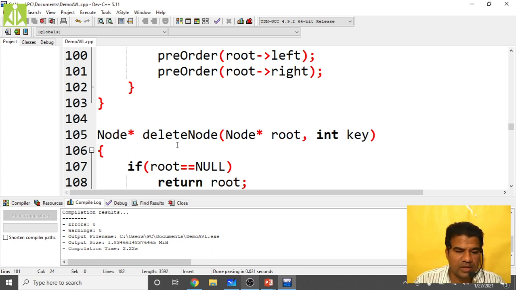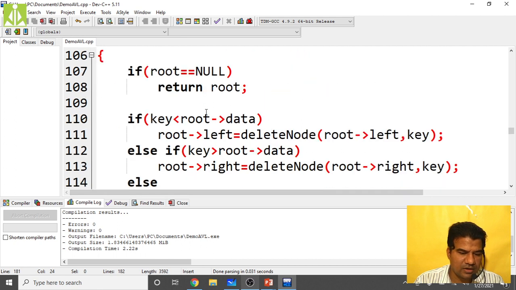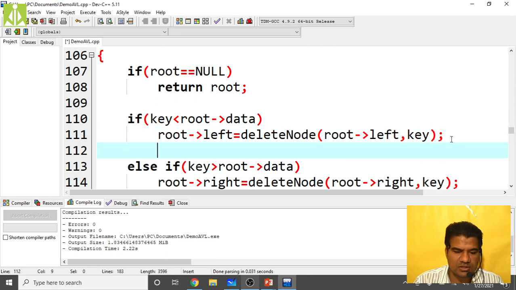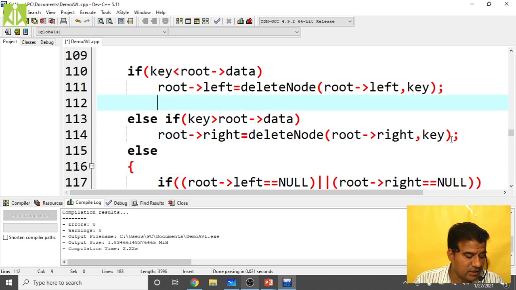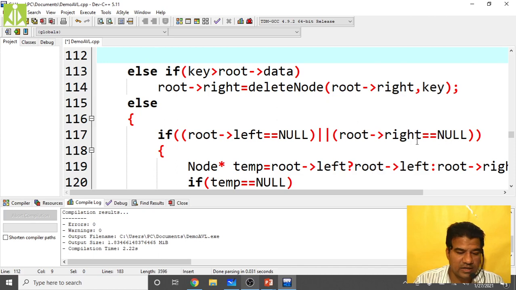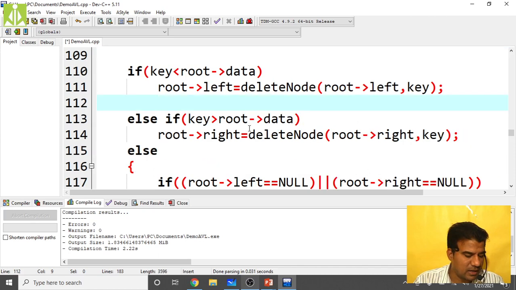Delete node, what we are doing: delete node star root, int key. If root equals null, then return root only. If key is less than root of data, then root of left equals delete node of root of left comma key. This is done. Else if key is greater than root of data, then root of right equals delete node of root of right comma key.